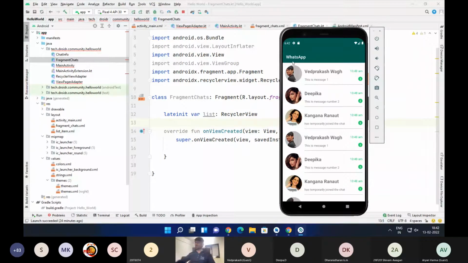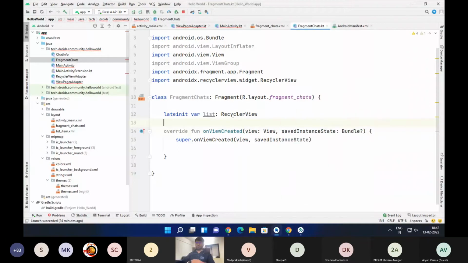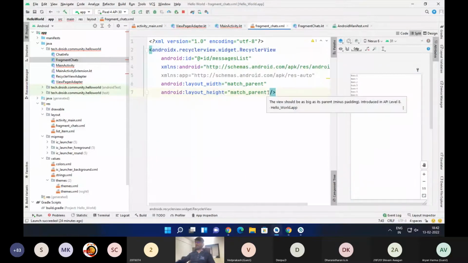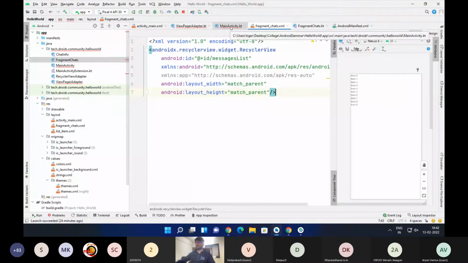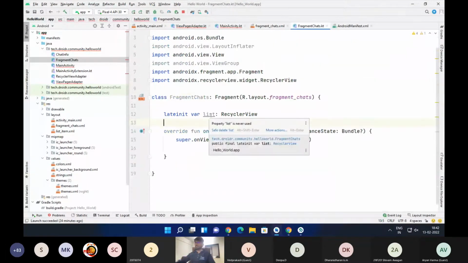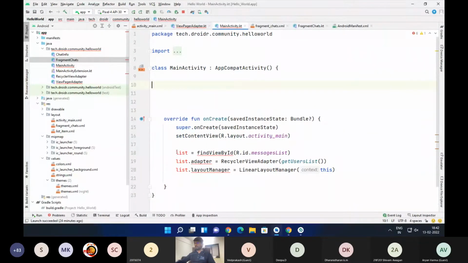That is basically what we're doing. The first thing that we did was move the recycler view from activity inside our fragment chats. The second thing was move the object of the recycler view inside our fragment. The next thing is we'll move the initialization of this list into the fragment